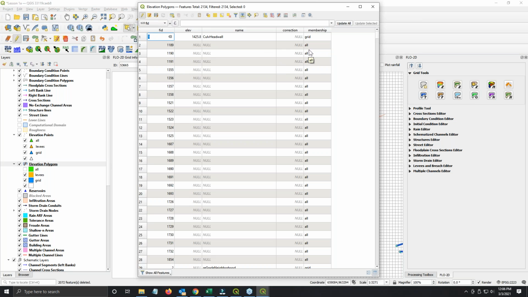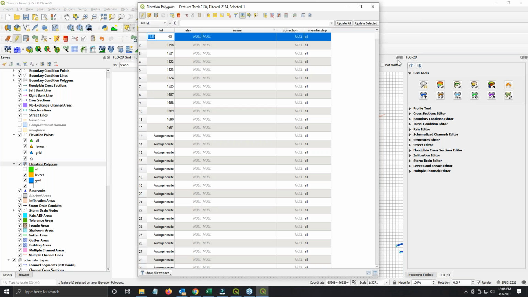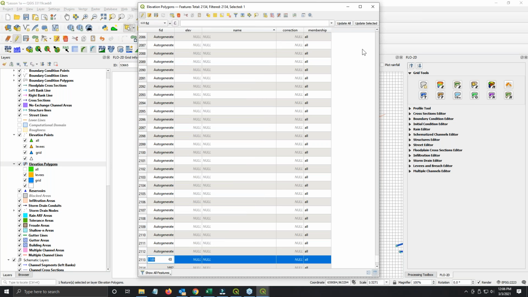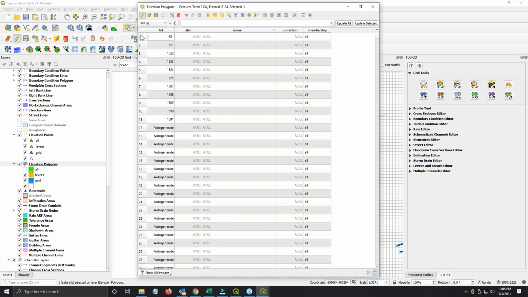So the membership right now of those polygons I just pasted in is all, not grid or levy. And also those polygons I pasted in do not need an elevation. But if I do select, and I will turn this move to top off now because I don't want to mess anything up. And if I pick these up,